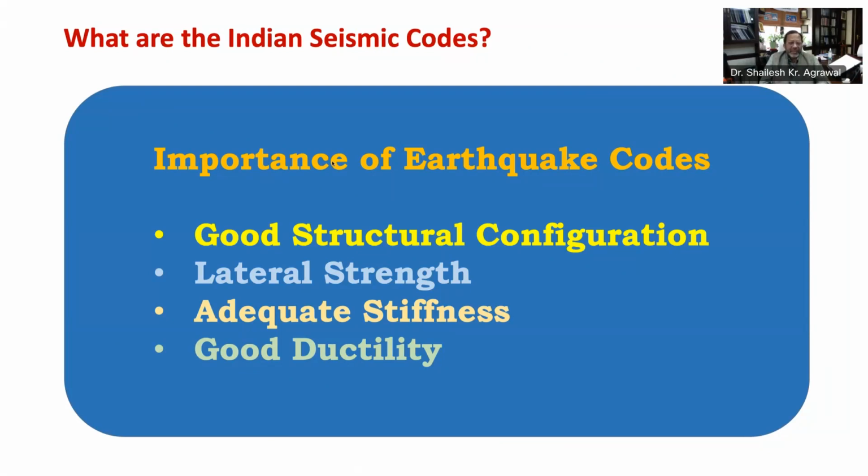Adequate stiffness: the structure should have a lateral load resisting system such that the earthquake induced deformations in the building do not damage its contents, that is, non-structural components, under low to moderate shaking. Good ductility: the structure's capacity to undergo large deformation under severe earthquake shaking, even after yielding, is improved by incorporating design and detailing strategies. All these aspects are covered in detail in seismic codes.